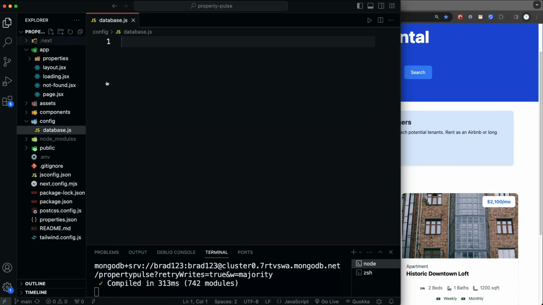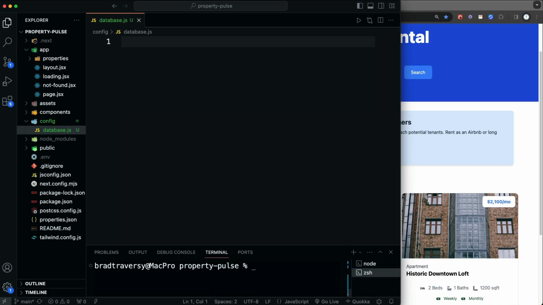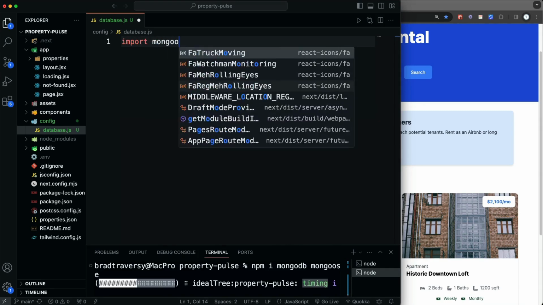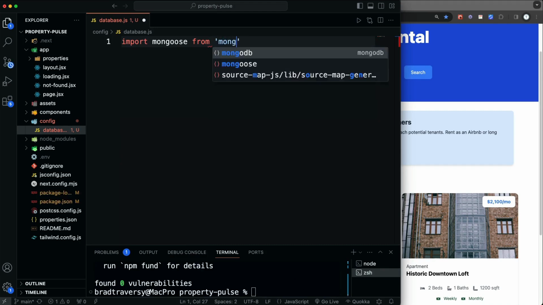database.js. All right, now we have to install the MongoDB driver itself as well as Mongoose. So I'm going to go to another terminal here and let's npm install mongodb and mongoose. Okay, and then in this file we're going to import mongoose from mongoose,